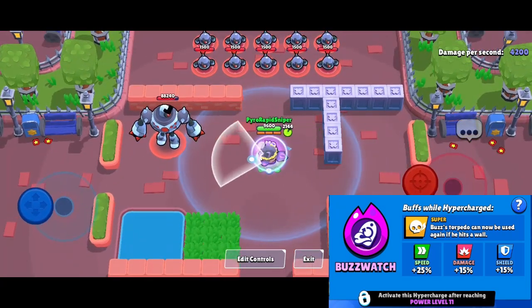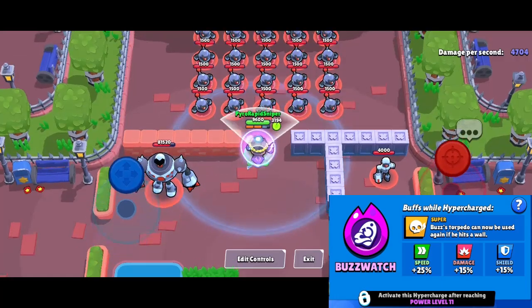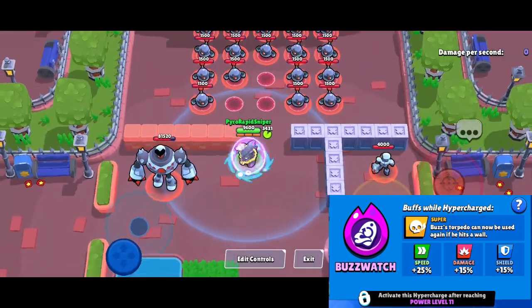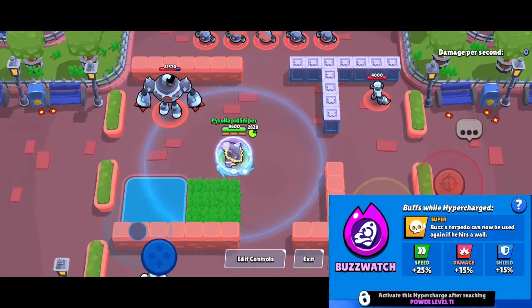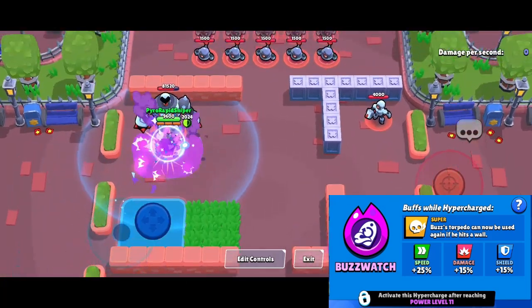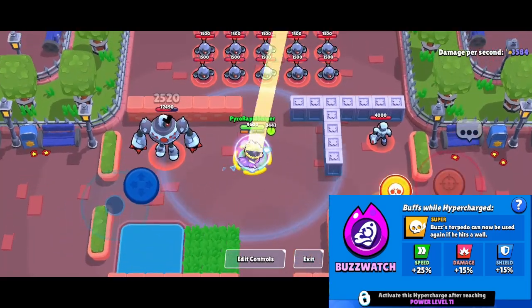Like, not an instant, but he gets crazy mobility with it. He can get around the map faster. He can create pressure much better with his Hypercharge. And a strategy I've learned with this Hypercharge, thanks to watching some of my other favorite YouTubers, is that if you don't have your super immediately charged,